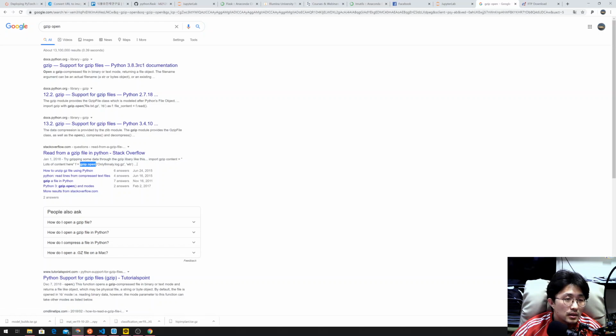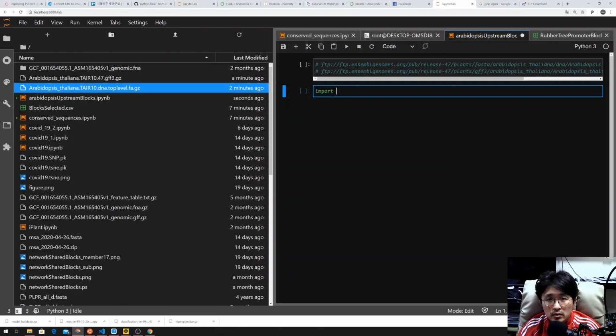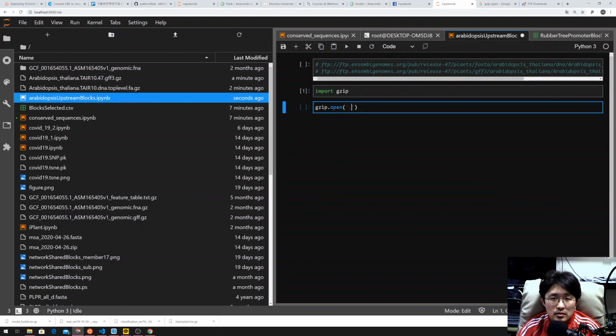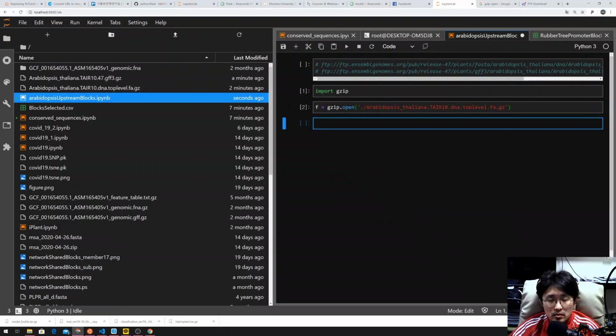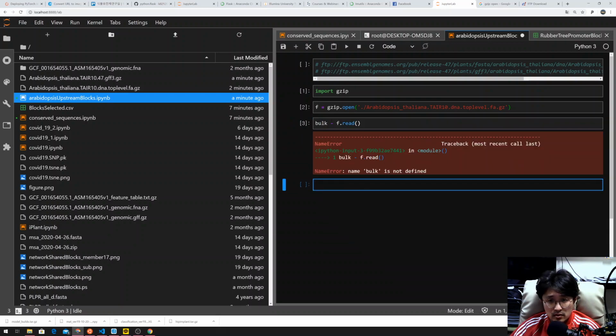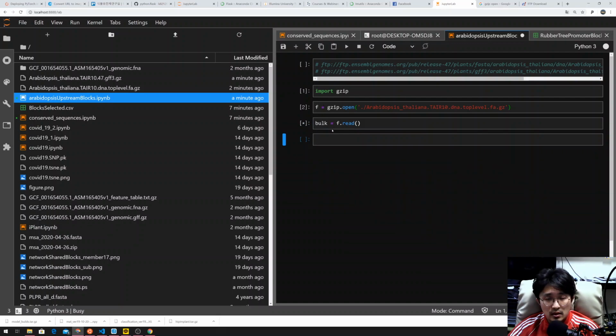Yes. gzip open. Import gzip. Open Arabidopsis file equal, I think this must be similar to just open. So we are reading the whole bulk file, even though that is compressed. And what do we have? Sequences. Bulk, split, and